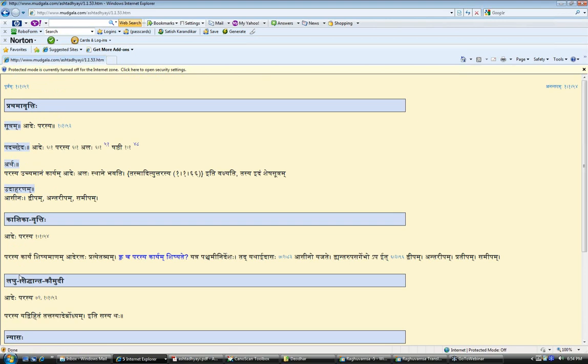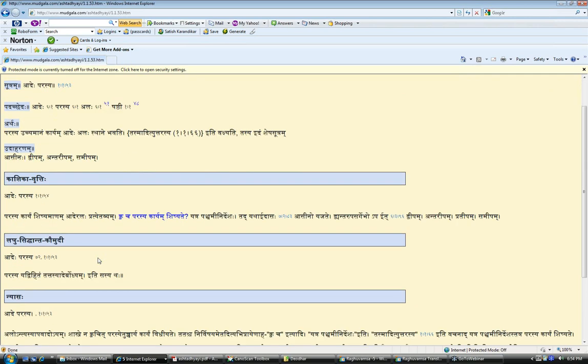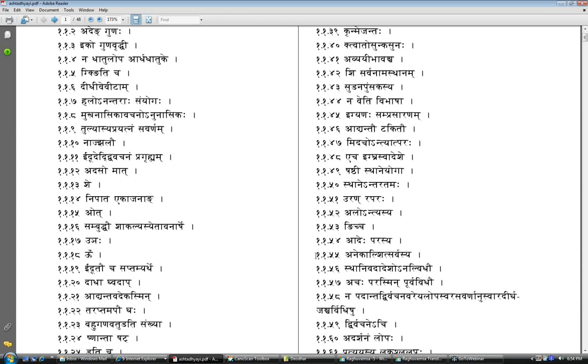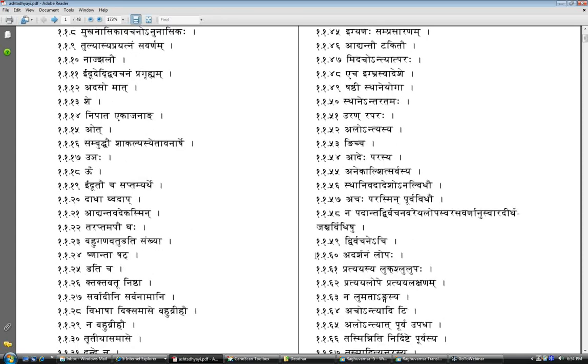Now "adeḥ parasya" is 1154. The number is off over here; 1154 is the number. It says "parasya kāryaṃ śiṣyamāṇam ādeḥ eva pratyetavyam". So we should take it as applying to the beginning letter only of the following item when the panchami is used to do any vidhi. Our sutram is saying that if you have "acaḥ", ajanta upasargas is what we are looking at right now.